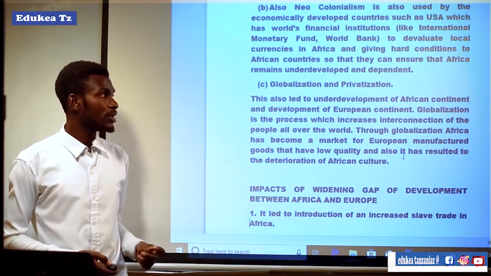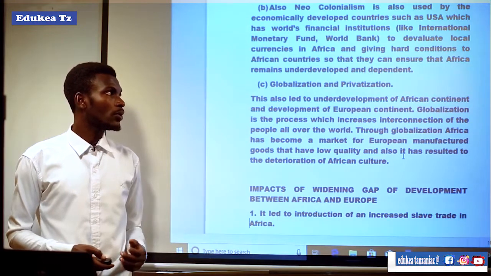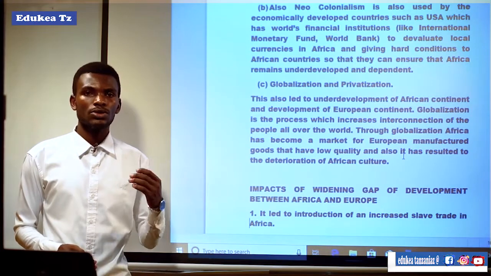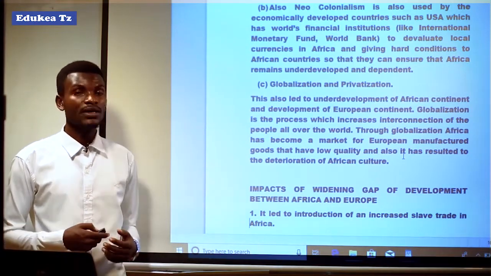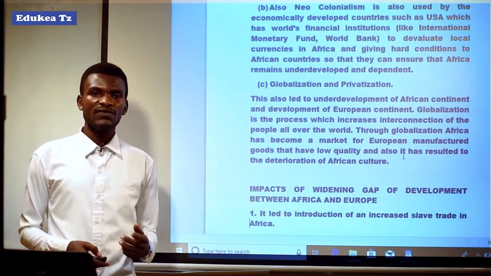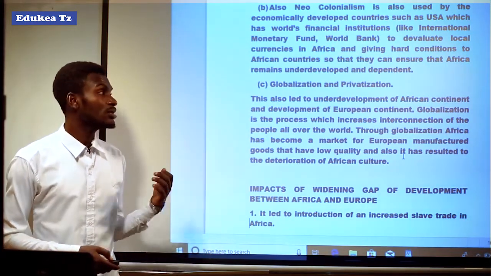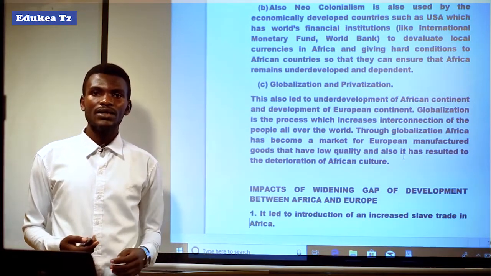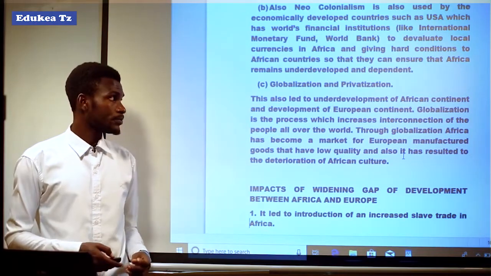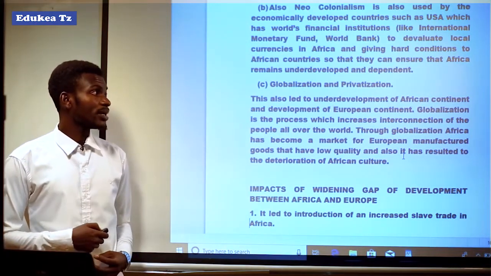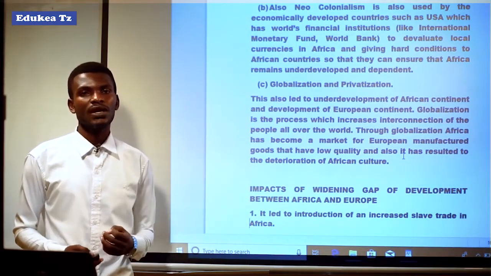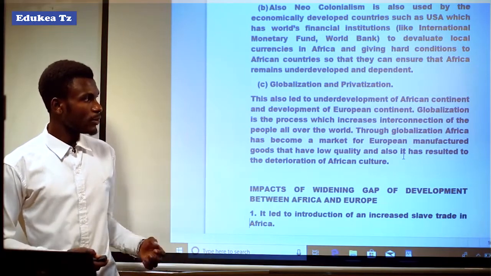The new colonialism is ensuring that Africans must be distracted technologically. So globalization has come with technological advancement, whereby European manufactured goods have been imported into African countries so that African technology could be collapsed or undermined. But also globalization has become a factor for widening the gap between Europe and Africa in development, because